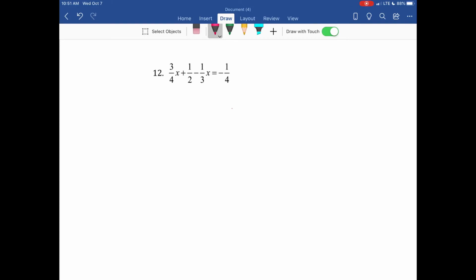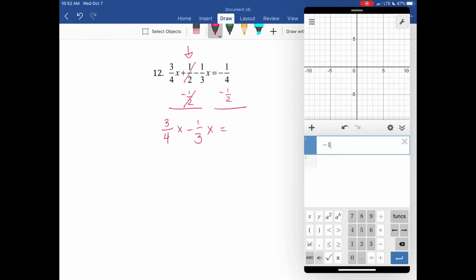So for starters, I want to get rid of this 1/2. It's being added. So I hope we're all in agreement. I am then going to subtract 1/2 from both sides of the equation. Boom, boom, that's gone. Bring on down the 3/4 x, bring down the minus 1/3 x, and now I have negative 1/4 minus 1/2. So if we wanted, we could write it